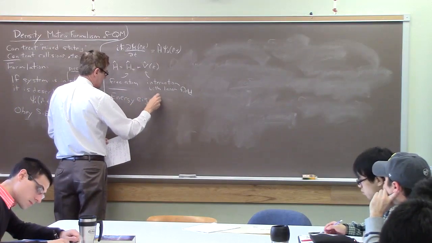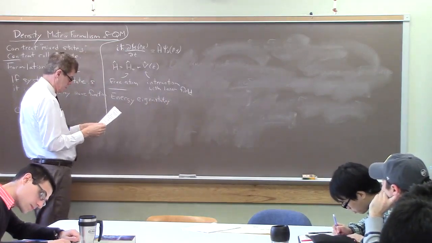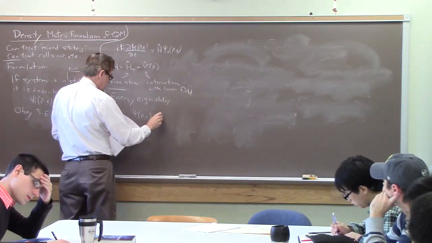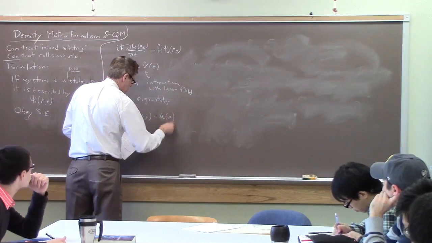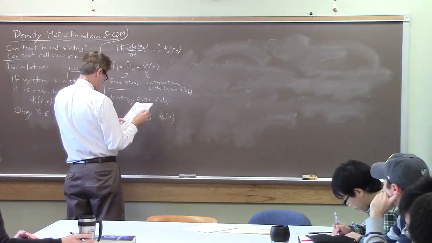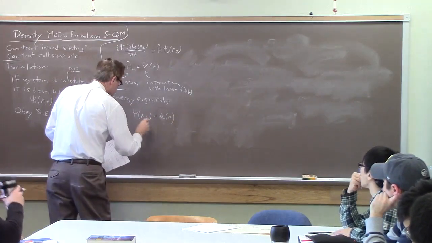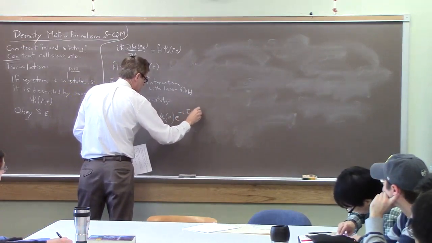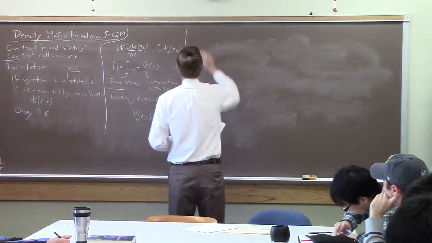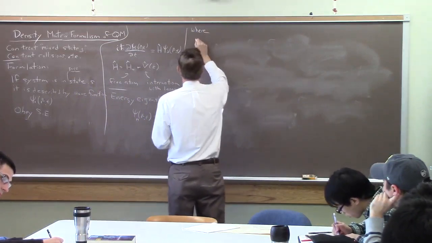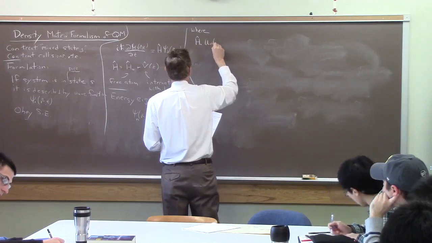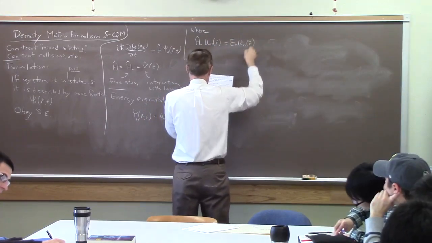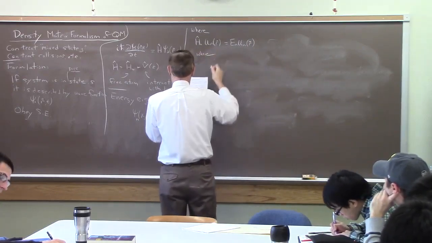And we have energy eigenstates, and the energy eigenstates are of the form psi(r,t) equals u_n(r) e^(-iE_n t/h-bar), where H_0 u_n(r) is equal to E_n u_n(r),